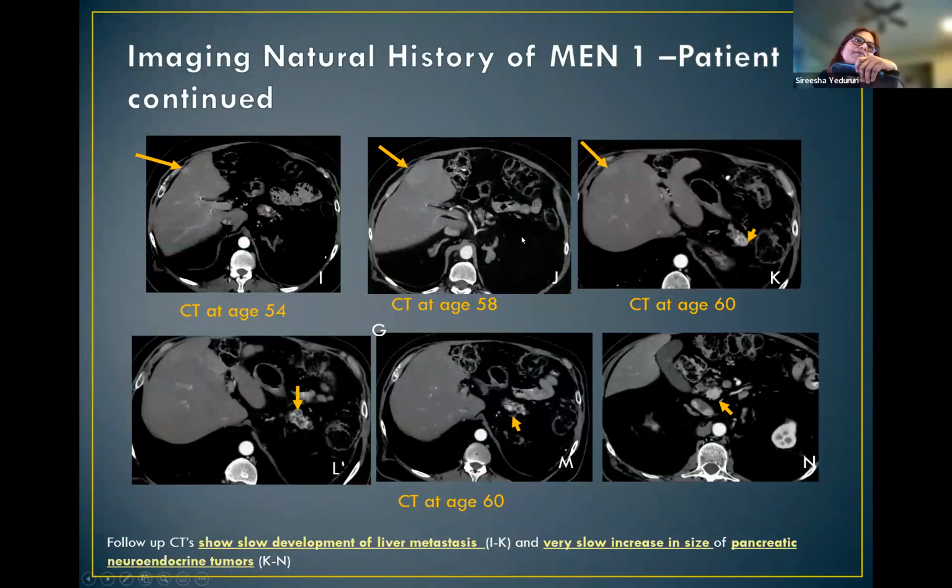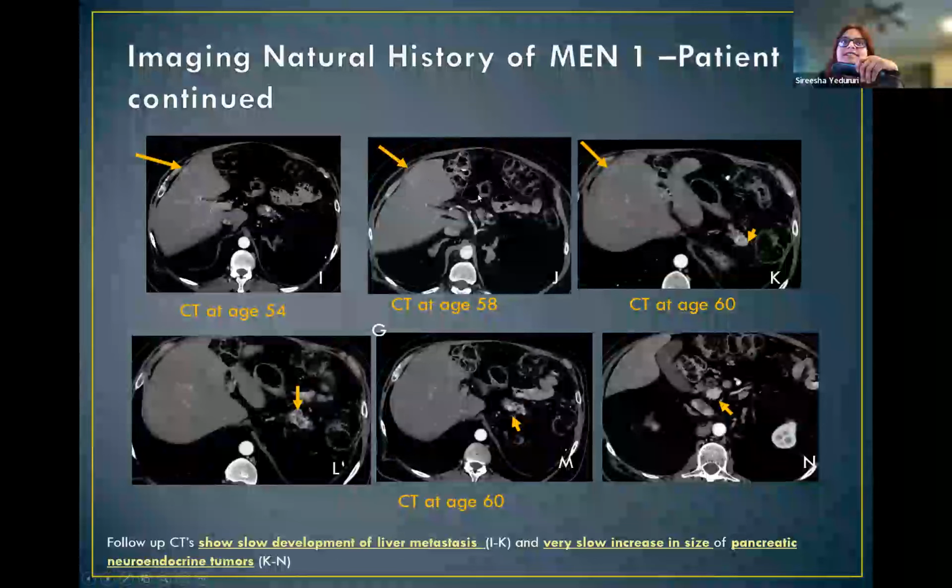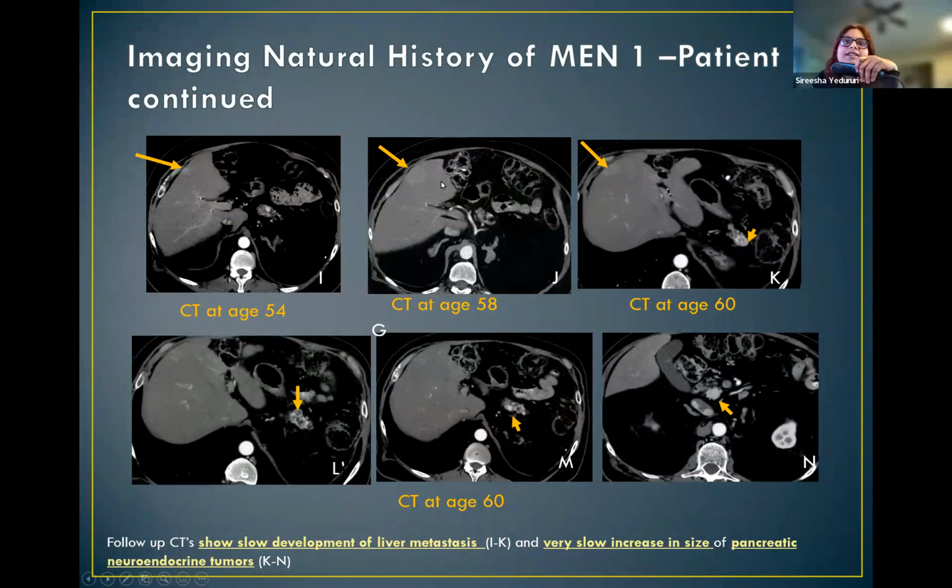And then at age 54, we started seeing this tiny subtle liver lesion. It was probably missed here, and then it started slowly growing. At age 58, this one lesion has grown. And then treatment started here, that's why it's slightly smaller. The liver metastasis is smaller, but